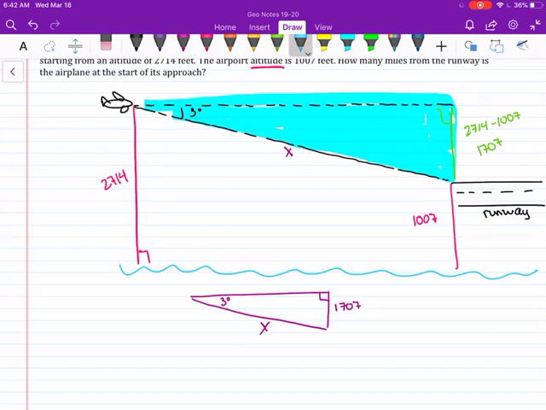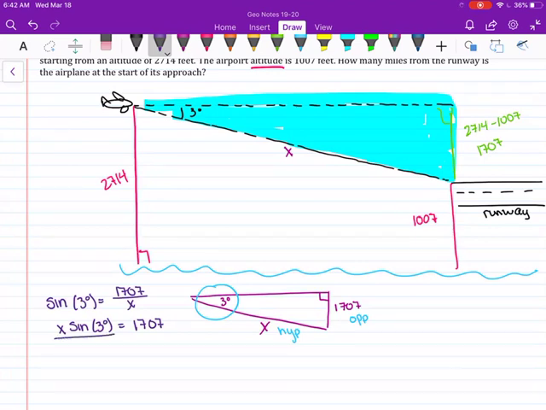So 1,707 is the opposite side, and x is the hypotenuse, when the angle with 3 degrees is my angle of interest. So I'm going to use my sine ratio. So sine of 3 degrees equals opposite over hypotenuse, so 1,707 over x. Get rid of that fraction, multiply both sides by the denominator. So I get x times sine of 3 degrees equals 1,707. Divide both sides by sine of 3 degrees. And I get x is approximately